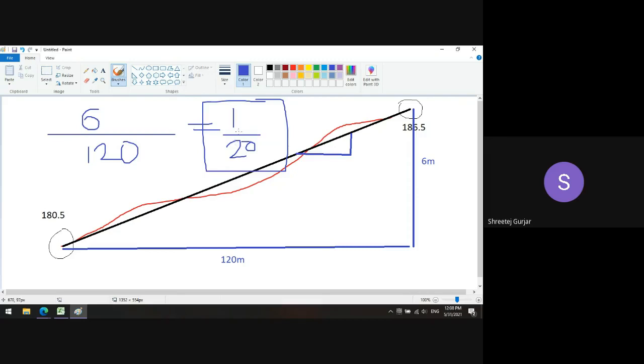Longitudinal slope. What I mean is longitudinal slope. Yeah, 1 in 20. Usually they mention this in the question, right? 1 in 100, 1 in 150, 1 in 60. So that they have not given, they have told us to calculate. Okay, we have to calculate. So now we are done with the calculation. So now moving on with the